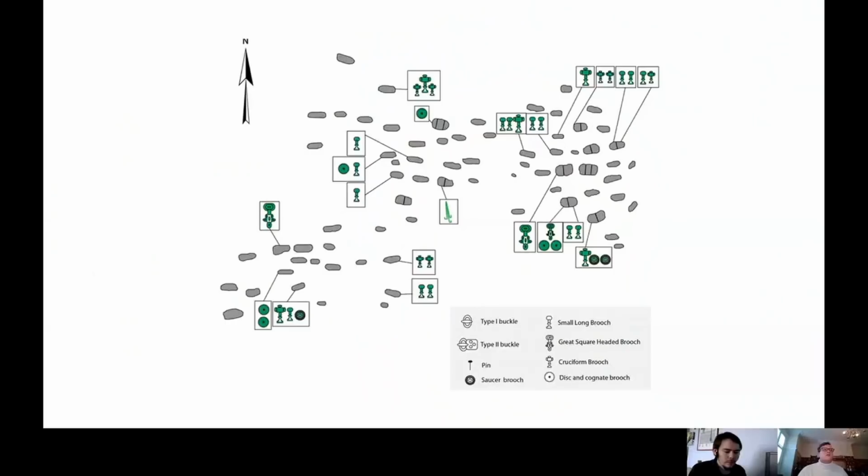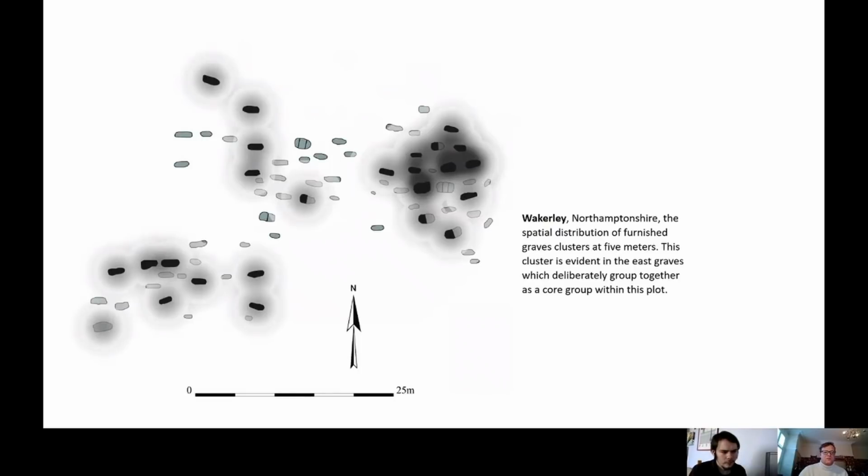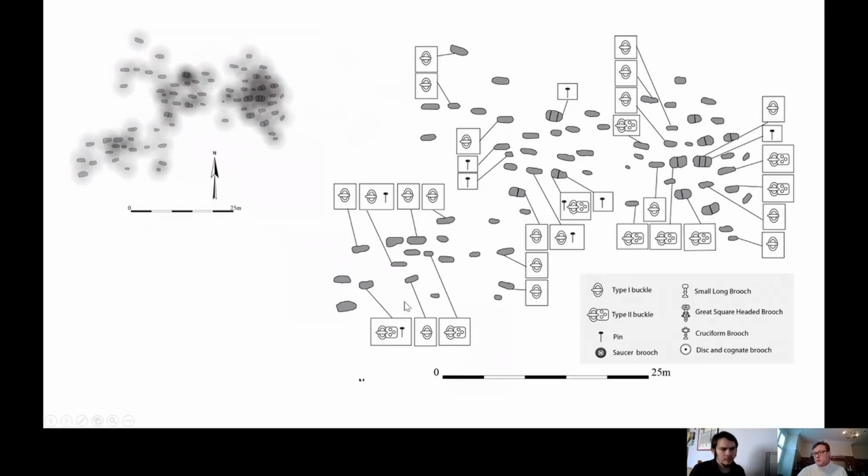If we share screen again on this one, which is Wakeley in Northamptonshire, I've illustrated in this example where all the different objects are in the site, or highlighted very specific objects in the site. And this one shows brooches, and the one preceding it, which is, going to work, skip too fast. Right, this one shows buckles.